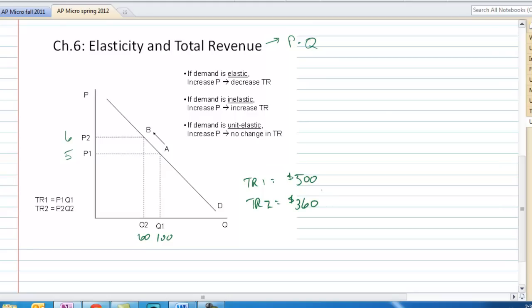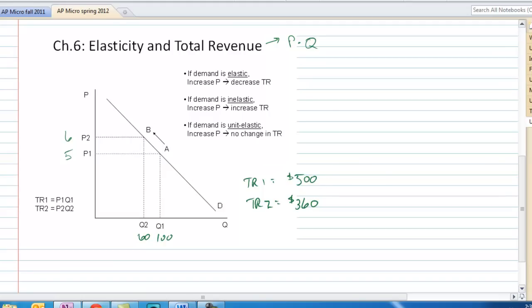So assuming that cost per unit is about the same to produce for the Jimmy John's manager, it would probably not be a good idea, we would conclude from this, for him or her to increase the price from $5 to $6 because we would see a loss in total revenue. You'd get a little bit more out of each unit you sell, but there's so many less people buying them that you end up making less revenue overall.